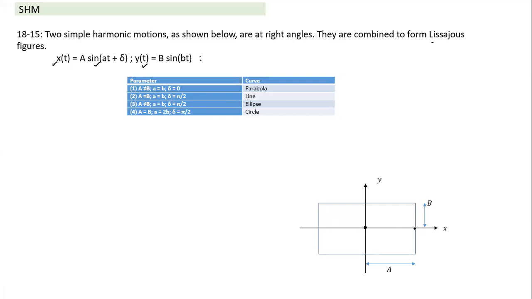Let me understand, will this particle reach this point? In which condition will the particle ever reach coordinate (A, 0)? If the particle is at (A, 0), at this particular instance, I'm taking the case when omega, the angular frequency, is the same. So if the particle is here, the phase along the x-axis is pi by 2, and along the y-axis the phase is either 0 or pi. So it will reach this point only when the phase difference is pi by 2.